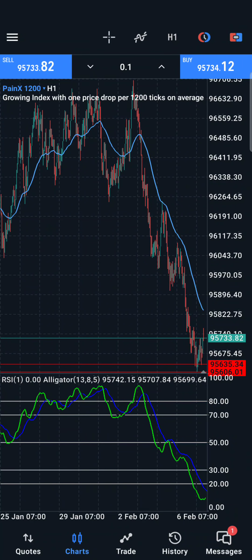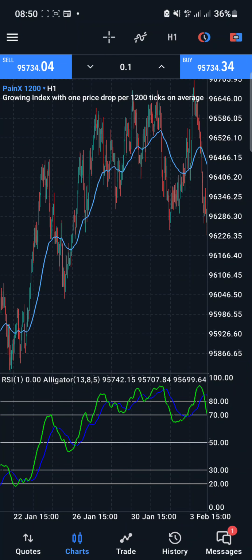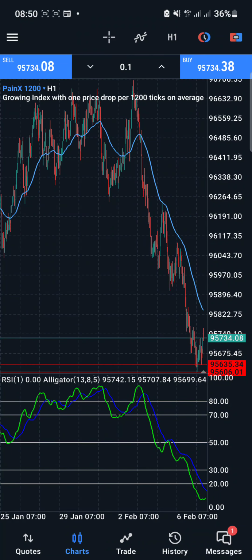Okay guys, let's look at Painx 1200 and how we can trade the spikes in it. Let's look at spikes trading in Painx 1200, and we will be checking this out using this setup